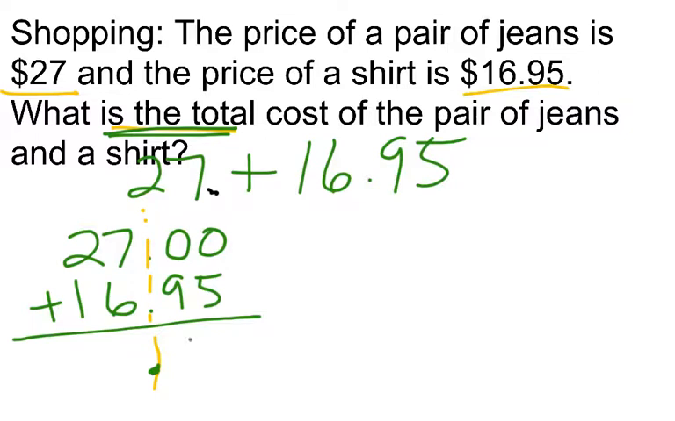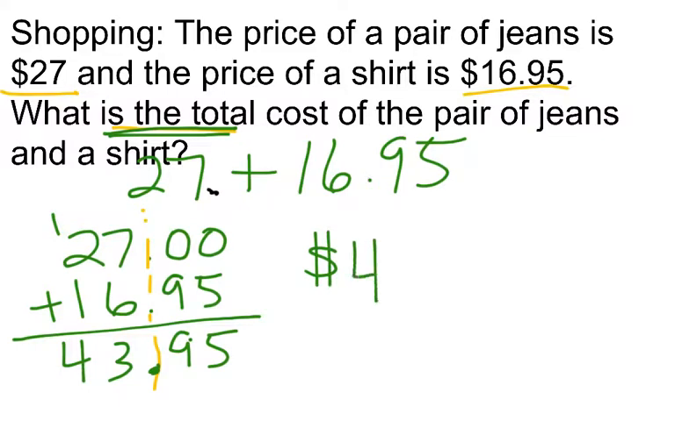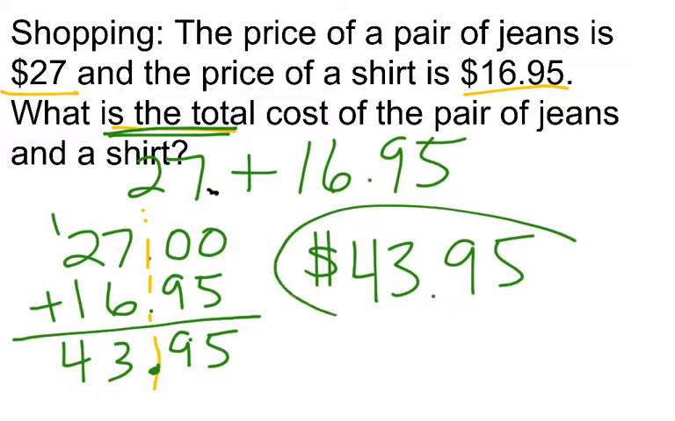So we have 95 cents. And then, of course, we have 7 plus 6. And just 13, carry the 1. And 4. So my total cost is $43.95 for the pair of jeans and the shirt, before tax, of course. We'll get into later how to calculate tax on things like this. Moving on,